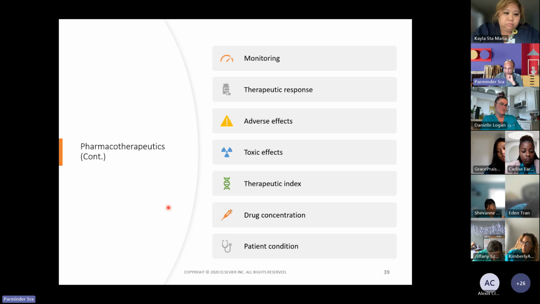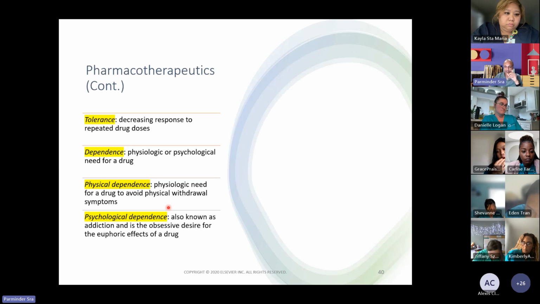Okay. Now, a few more terms here which are important. Number one is tolerance. What is tolerance? Tolerance is completely different from addiction. Don't see it as addiction. Tolerance, for example: somebody's been taking a pain medication for the last 6 months or a year, and now they start complaining that my pain is not controlled after